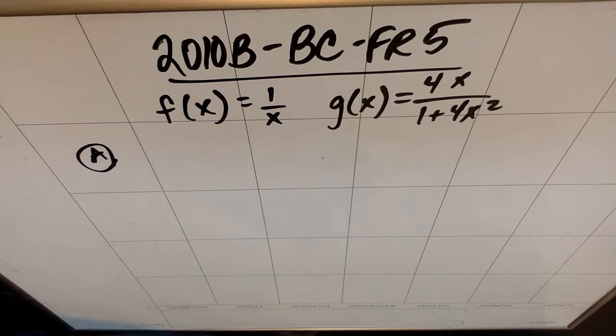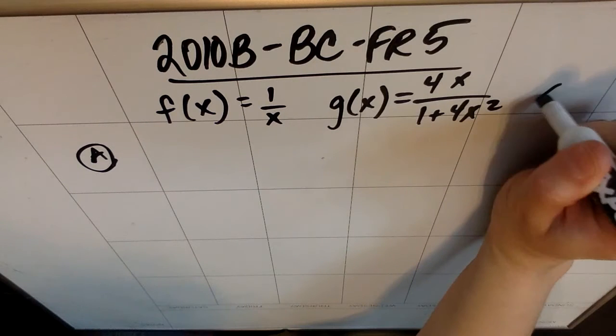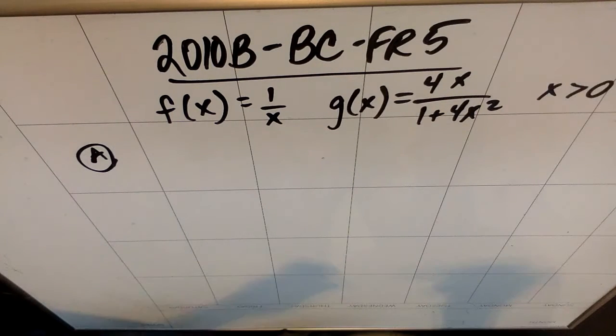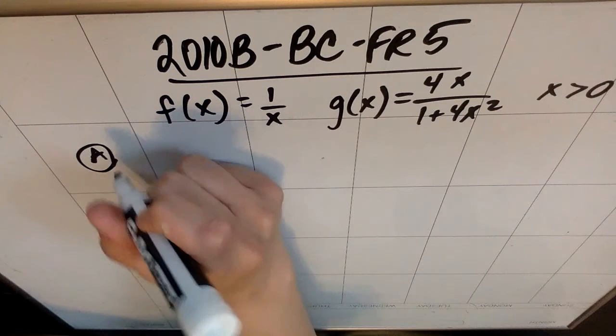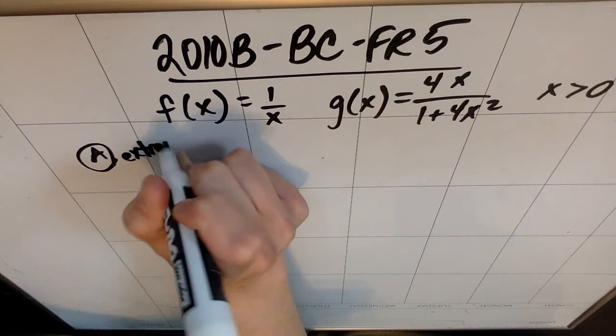Response 5. Let f and g be the functions given here for all x greater than 0. So it's worth noting we're only looking at x values greater than 0. Part A, find the absolute maximum value of g on the open interval from 0 to infinity if the maximum exists. Find the absolute minimum value of g on that same open interval from 0 to infinity if the minimum exists. Justify your answers. Okay, so if I'm asked to find extrema,